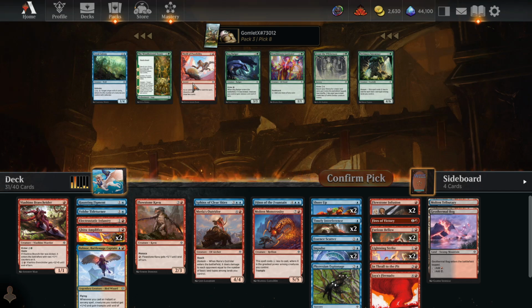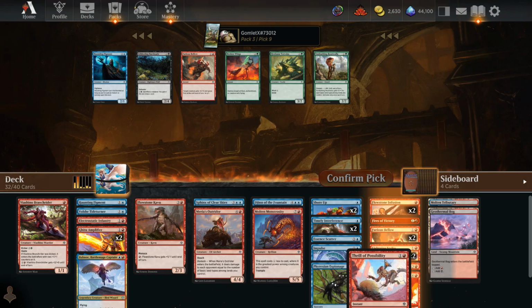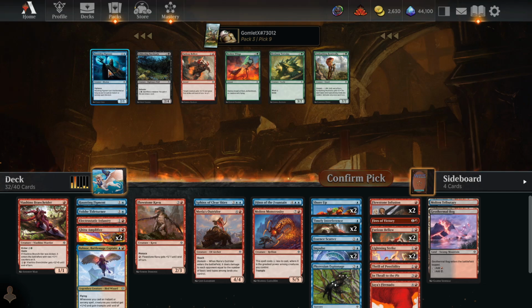And nothing much here. We'll take a Thrill of Possibility for more instant speed potential card draw. And Moment of Truth, see what we wheel. I don't think there was anything good in this pack. We got both of the cards that we didn't take back here. We got the Figment and the Bellow. I've got double Bellow now. I'd probably take another Figment, although...